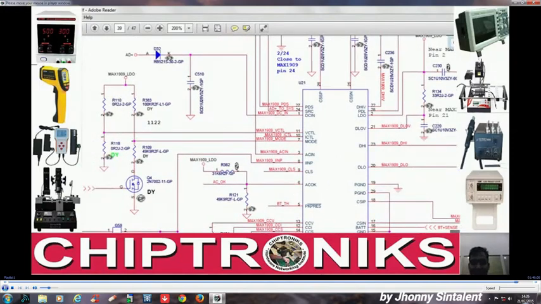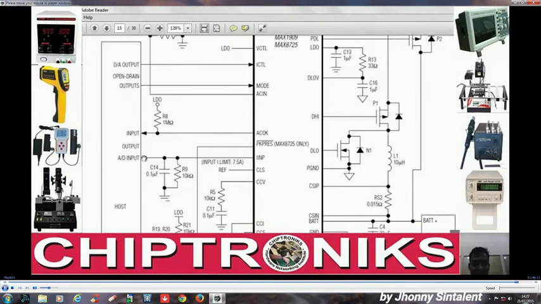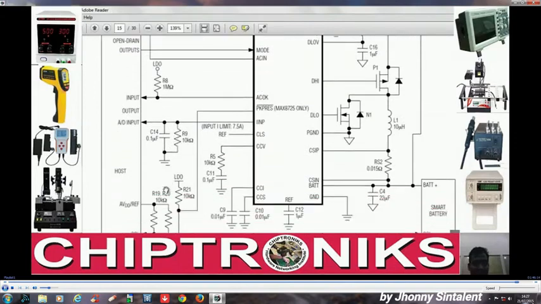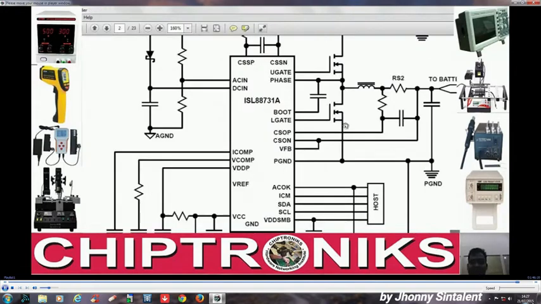There is an output. You can see there is an output from IO controller. What is the output? The output is ICTL. You can see over here there is no ICTL. So what was ICTL? That was the input limit for the output current. So how is the IO controller giving that value now? The IO controller is giving that value through SDA and SCL, because this ISL 88731 is very smart,